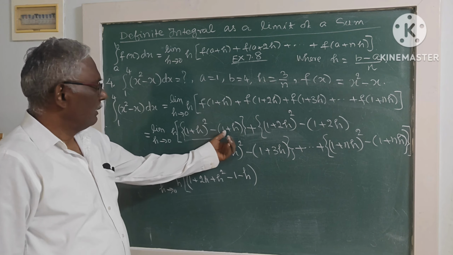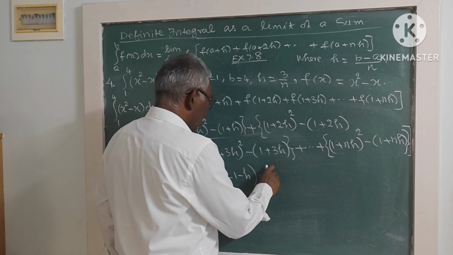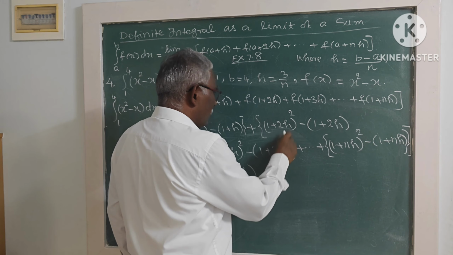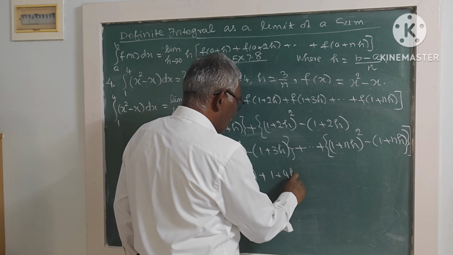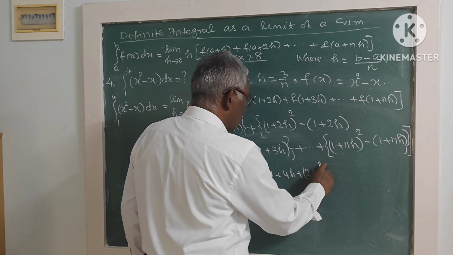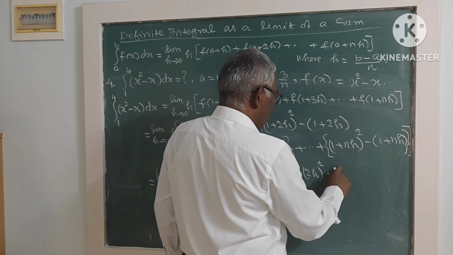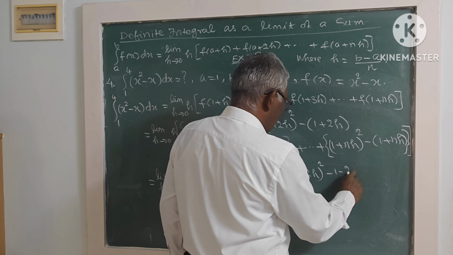This is after simplifying the term, plus 1 plus 4h plus 2h square minus 1 minus 2h